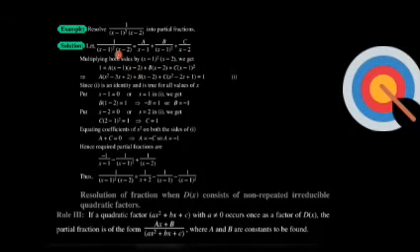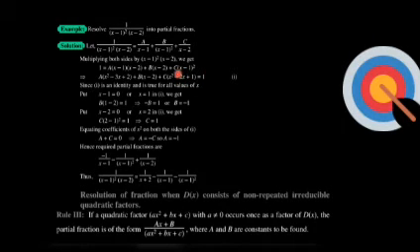Repeat the same process as we did in the previous example. Multiply both sides with the entire denominator. We get 1 is equal to, since 1 is on the left side, 1 is equal to a into x minus 1 into x minus 2. X minus 1 cancels out with one of the x minus 1 in the square. So one factor is left behind, x minus 1 into x minus 2, b into x minus 2, and c into x minus 1 whole square.